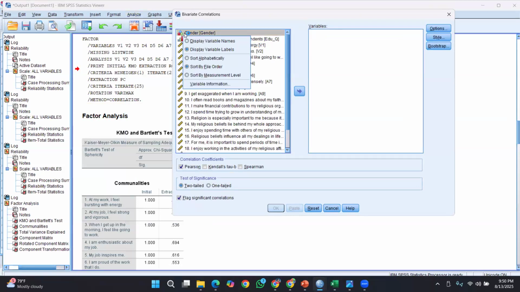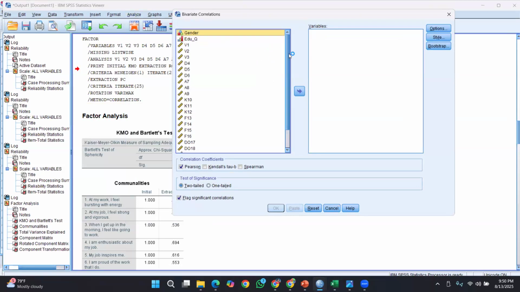Then you have to give, of course, in order to obtain the bivariate correlation, you have to feed the dimensions. First you can take this one.